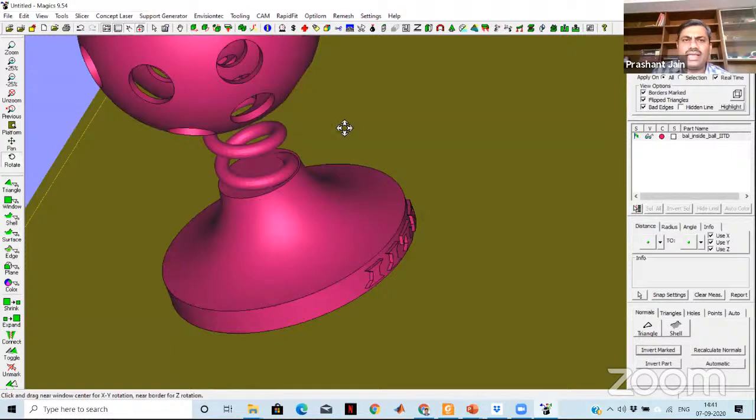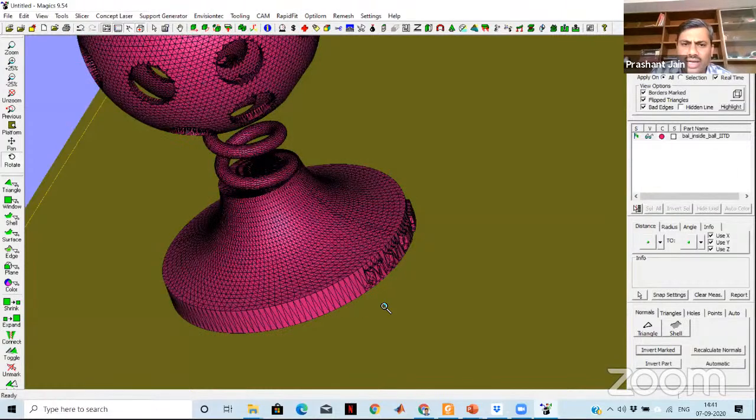This is all the STL file I have shown to you earlier. Look at this, you all have the small triangles here, right? So this surface is converted into small triangles, right? So when we have the section information, we will have all this information.